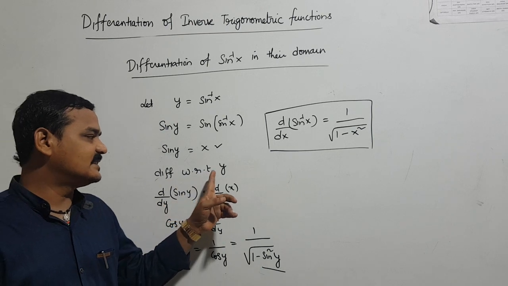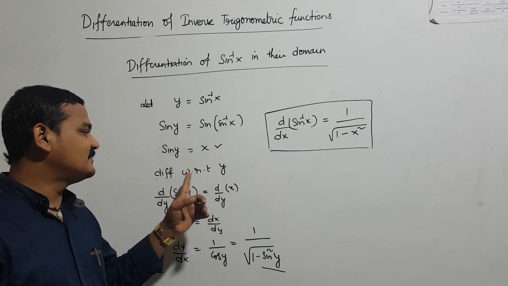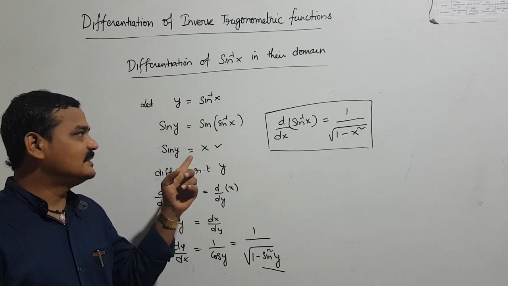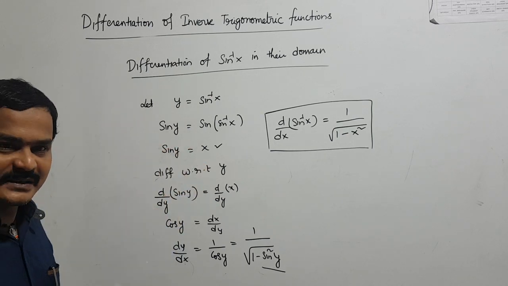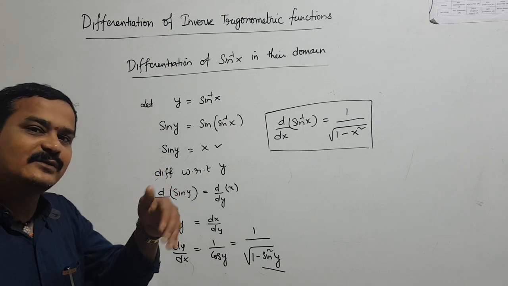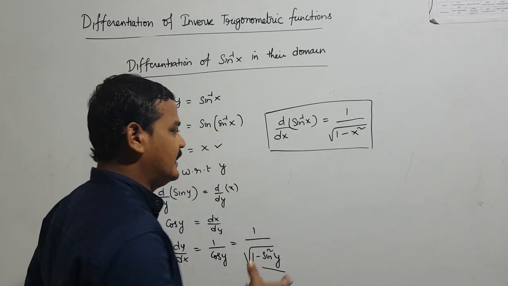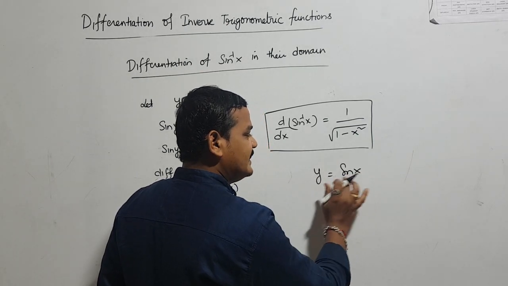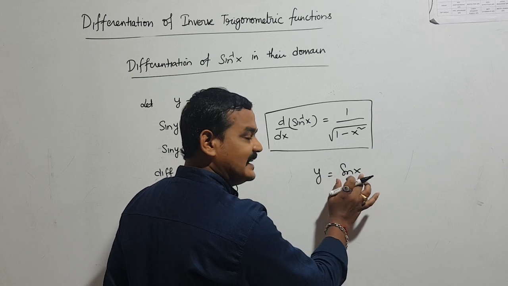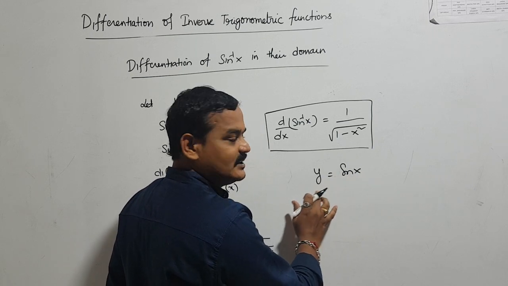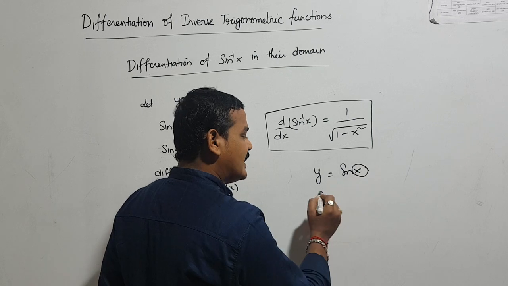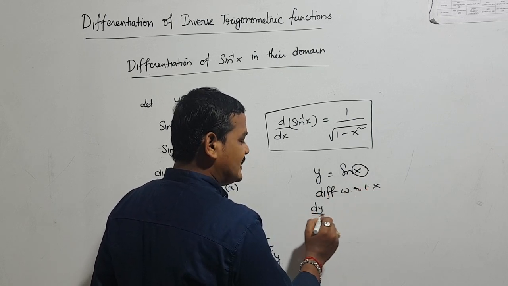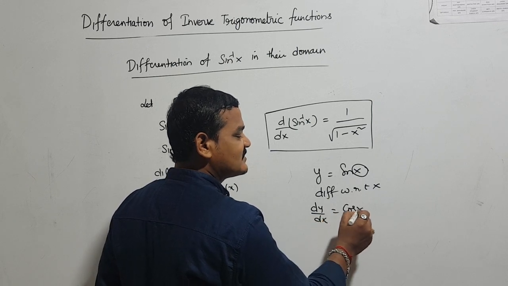Now differentiate with respect to y. Why am I differentiating with respect to y? Because x is an explicit function of y. See, in every problem we are doing, y is equal to something in x, so there I differentiate with respect to x. I have written y is equal to sin x. It is y in terms of x: x is independent, y is dependent. So the independent variable is x, and I differentiate with respect to x. So dy by dx is equal to cos x, the derivative of sin.